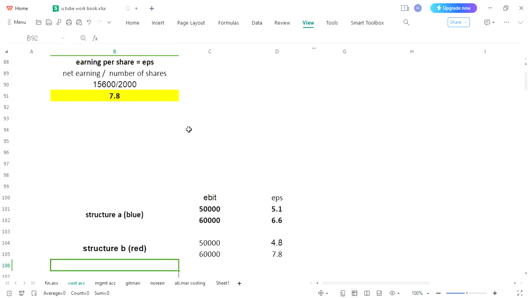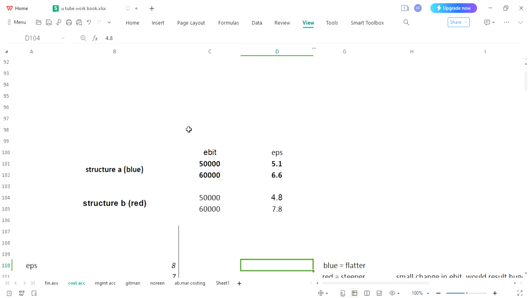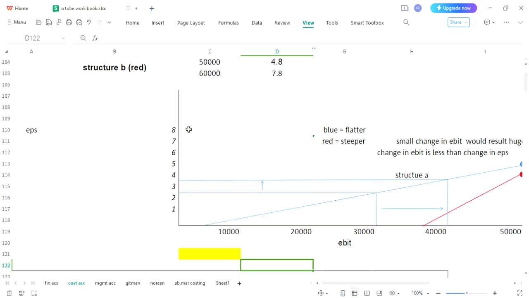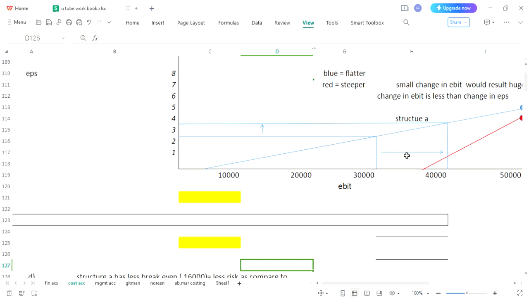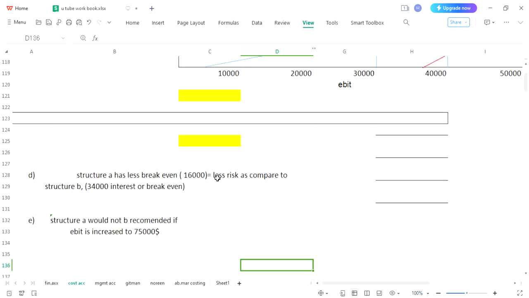These attributes were noted down over here, with the help of which you have created a graph. And the last 2 points were theoretical, where we have understood that structure A, in the last point, if an increase in EBIT is preferred, then structure A would not be recommended, as even after a huge change in EBIT, there will be a very small change in EPS. So structure A was rejected in point E. And in point D, what we have discussed is that structure A was better. In point D, structure A was better. In point E,